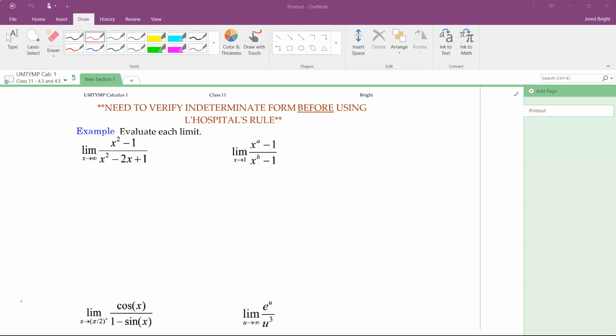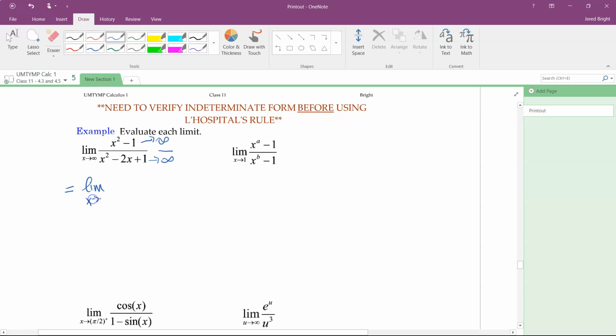All right, let's get some practice with L'Hopital's rule. So again, if I look at the numerator and denominator individually, this individually would approach infinity, and then this individually would approach infinity as well. So I get the indeterminate form infinity over infinity, okay? So once I recognize I have that indeterminate form, I can use L'Hopital's rule and say that this is equal